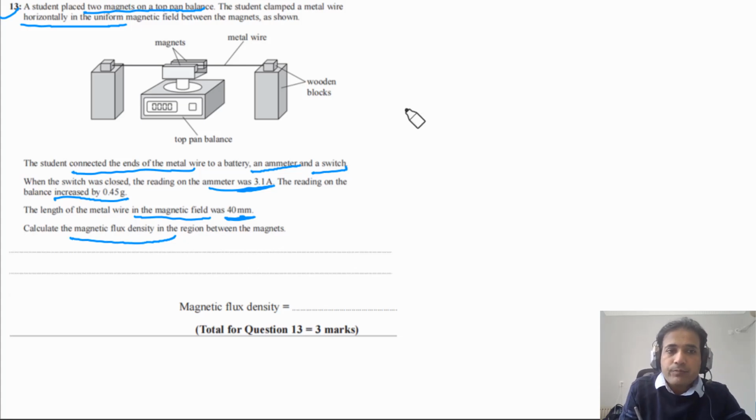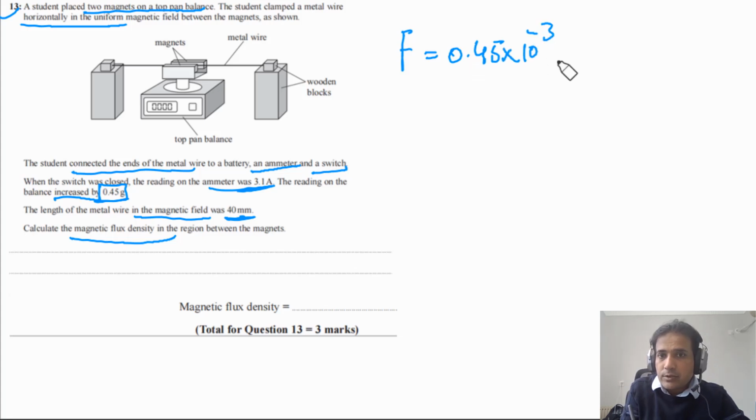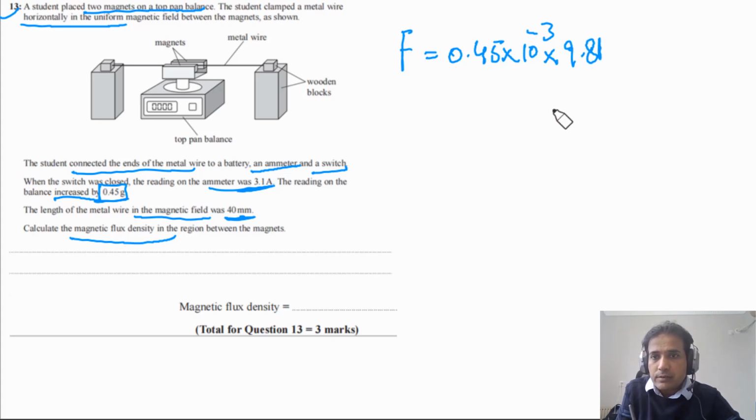So this question is about magnets. Now for this question it is given to us the reading increased by 0.45. It means this is magnetic force. This is the value of magnetic force. 0.45 grams. So this is 0.45 times 10 to minus 3 kilograms. And we need to convert this one into weight, so multiply by 9.81. So this is the force. F is equal to